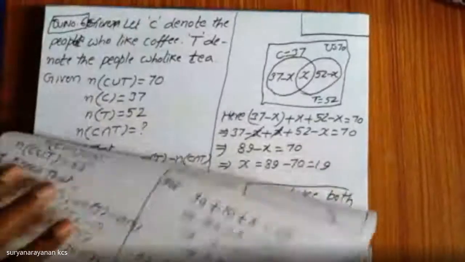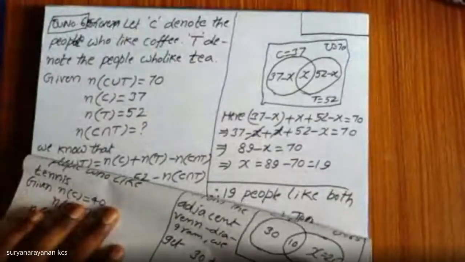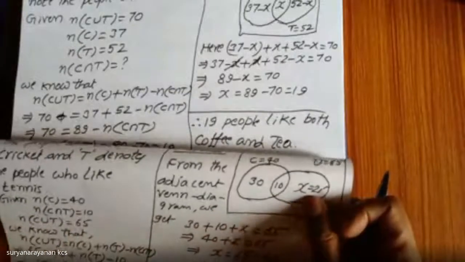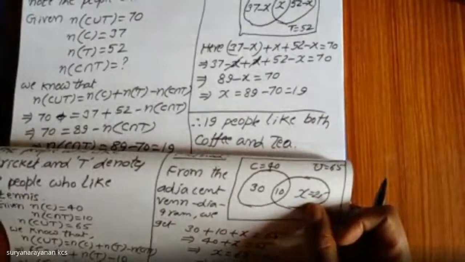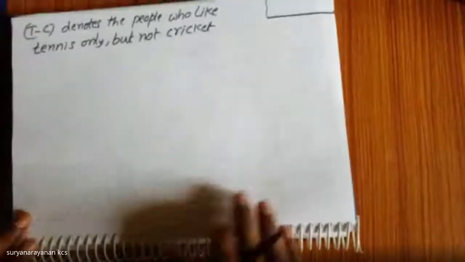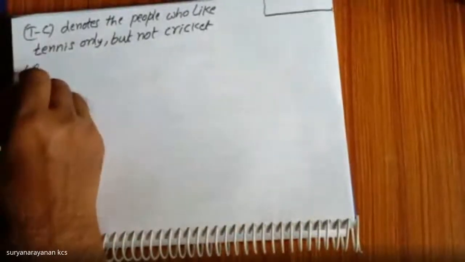T minus C. This is nothing but this area. In this Venn diagram, this area denotes only T but not cricket. Okay, so we know that